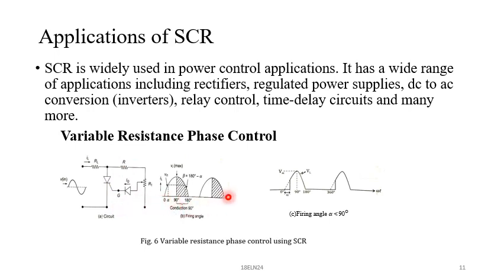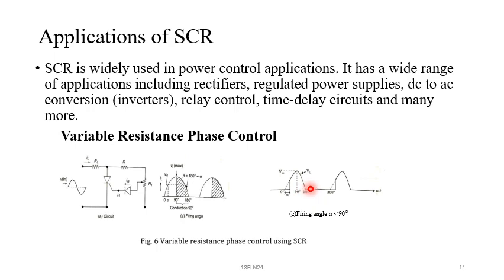Now in this waveform, as I mentioned, this is called the firing angle, and this can be controlled. This output can be controlled based on this resistance R1. Initially, for a particular time, there is no gate current. The gate current is 0. When I increase this, there will be an increase in the gate current, and till this alpha, it is not conducting. After alpha, we get the output. So here you can observe in this waveform, till alpha the output is 0. After alpha, there will be output and we will get the rectified output.